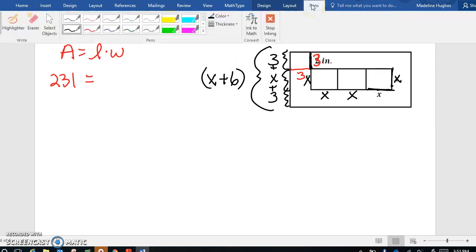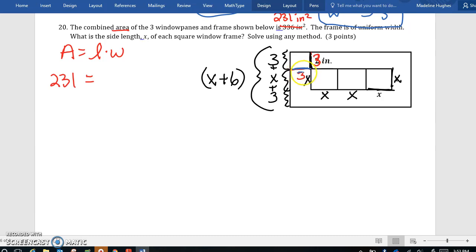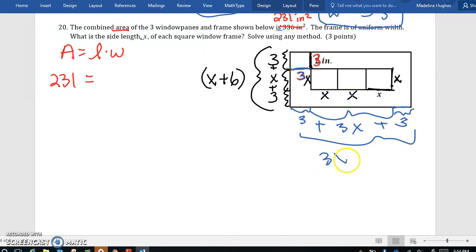And now for the width, we said this was 3, so that means this part down here is 3. All of this part here, we have 1, 2, 3 x's. So I'm going to call it 3x. And then this length out here is also 3. So it's that uniform width. So 3 plus 3x plus 3. This whole width here would be 3x from this 3x. Excuse me. 3 plus 3 is 6. All right, so that is our width there. So I'm going to fill these in over here. So we have x plus 6